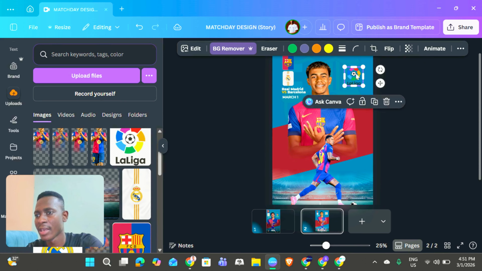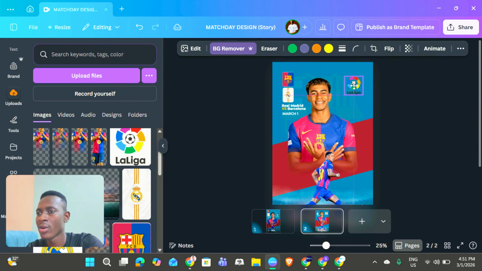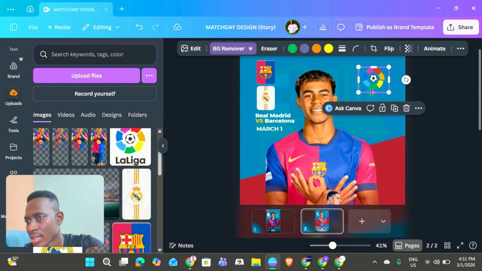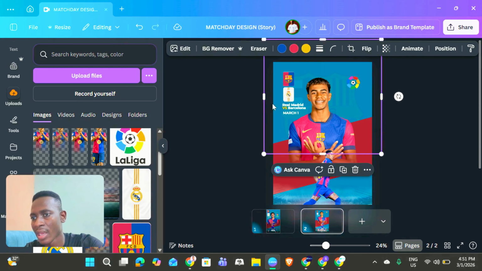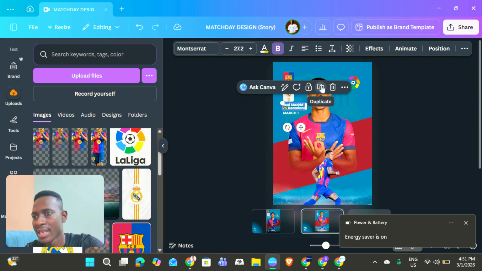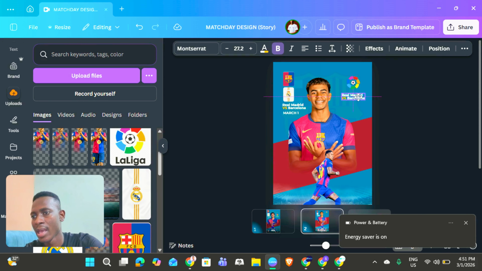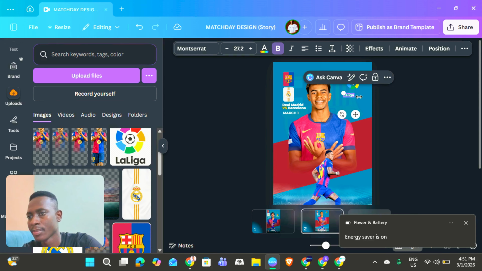So La Liga is here, but I don't want to use the black text, so I'll just remove this text from there, and then I can duplicate this and then make it La Liga nicely here like this. You see that? I'll put that here,